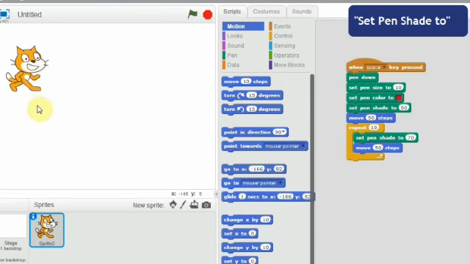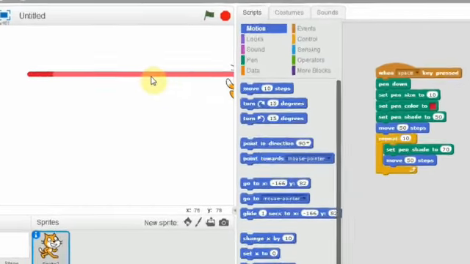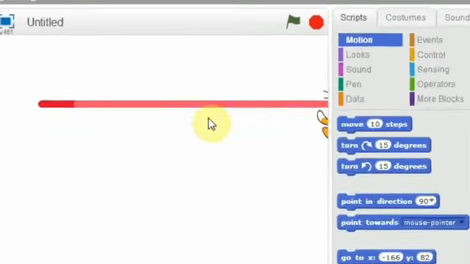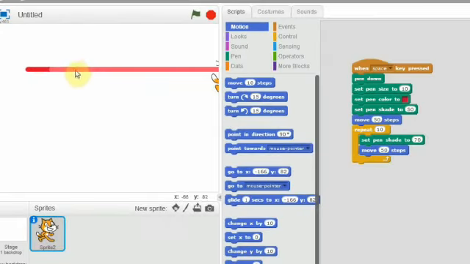All of you see the stage. My sprite is moving with red color. So the red color shade will be changed lightly. That is, the brightness of the red color goes from dark to light red.